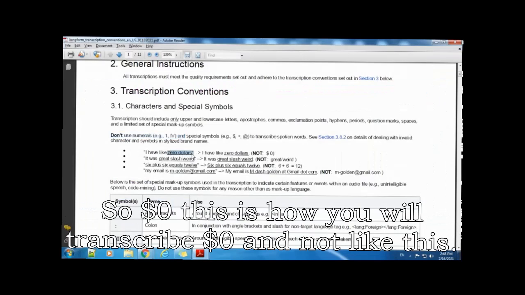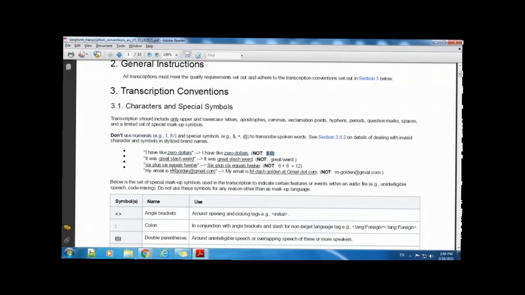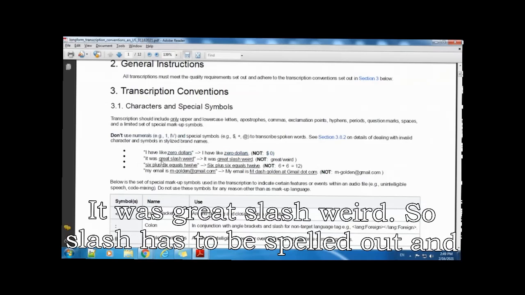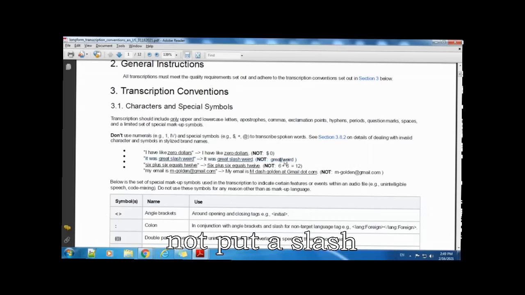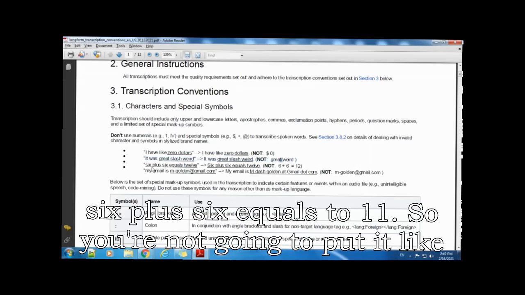So $0, this is how you will transcribe it, spelled out, and not like this. "It was great / weird." So slash has to be spelled out and not put as a symbol. "6 plus 6 equals 11."